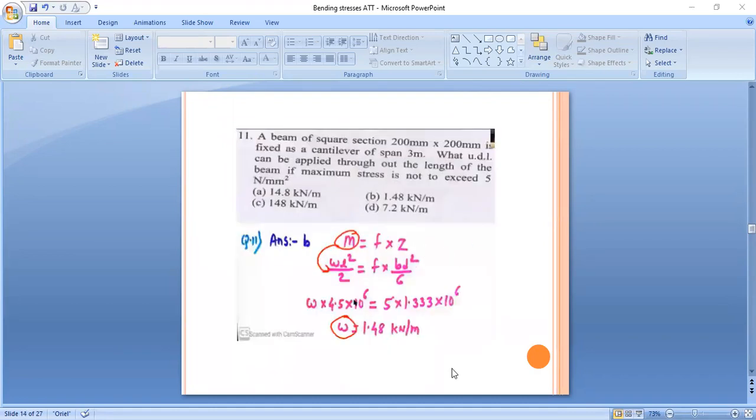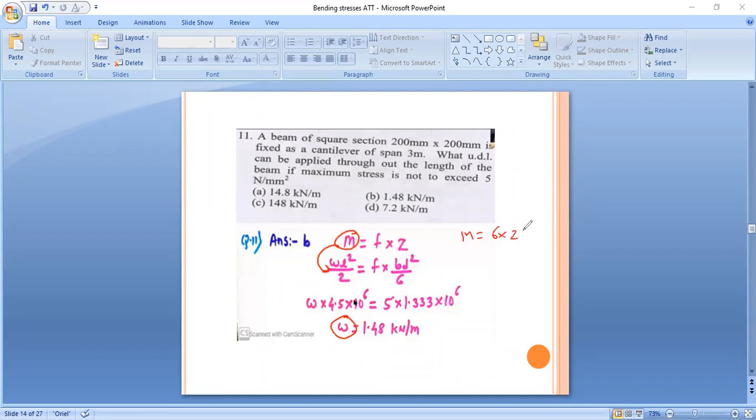The next, a beam of square section 200 mm by 200 mm is fixed as a cantilever of span 3 meter. What UDL can be applied throughout the length of the beam if maximum stress is not to exceed 5 Newton per mm square? So maximum stress, M, we have to apply the formula M